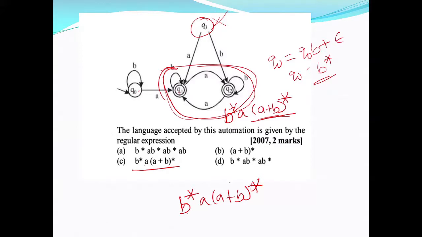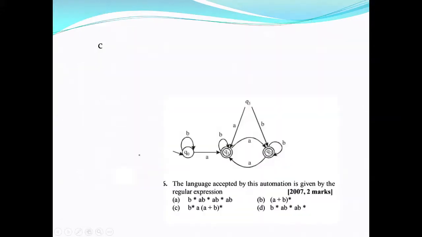But you have to be very careful. See, B star, this is also B star A. If you don't recognize this, then one A is compulsory. This is wrong, because you get at least two A's. Look at this, one A and one A. But here only one A. The minimum length string here is two A's, but here it is only one A. So if you put this, it is wrong. Right? So this is your right choice.